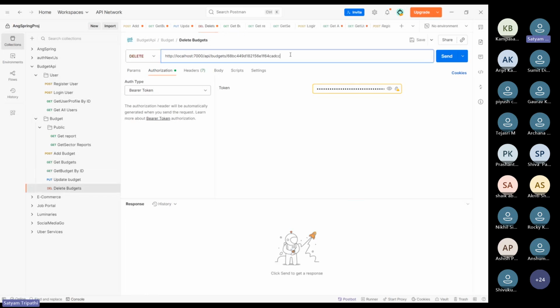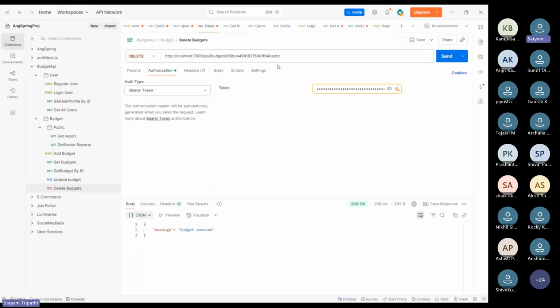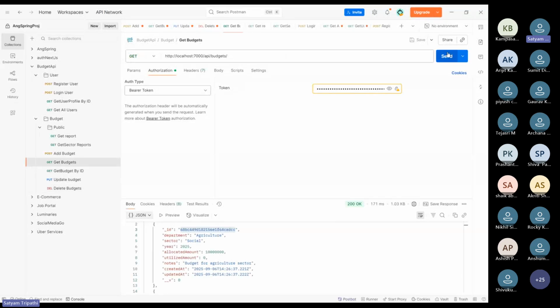For the delete function, just put the ID in the request params, and it will remove the budget. So now we will not get that budget anymore. So it's removed. That's all, ma'am. Thank you.